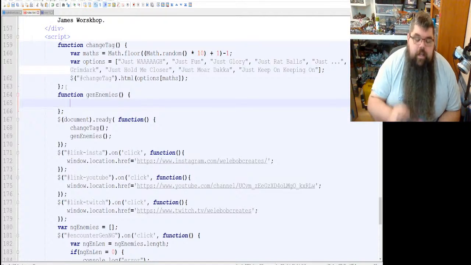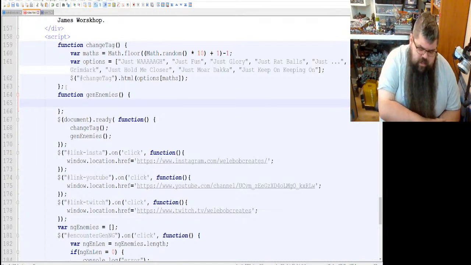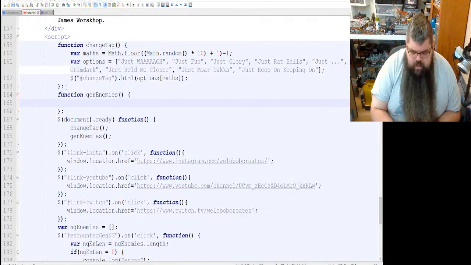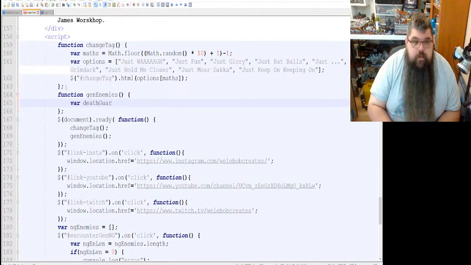And inside gen enemies, we're going to have a couple of arrays of stuff. So variable death guard equals, one of these is going to be Poxwalker.